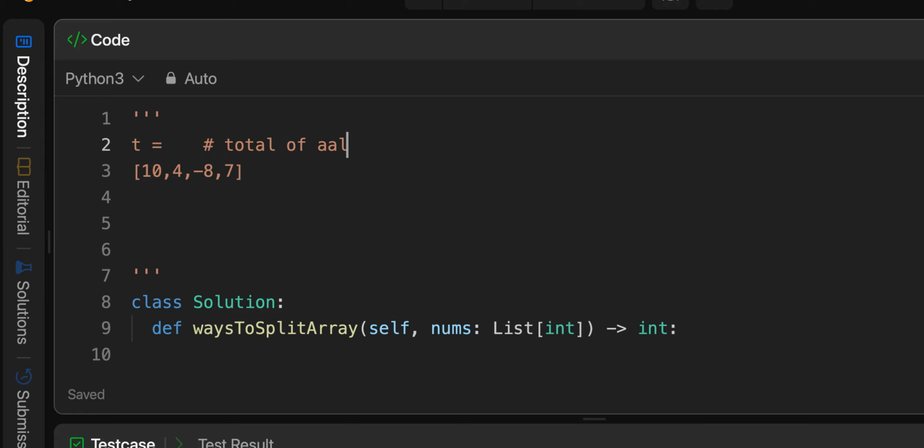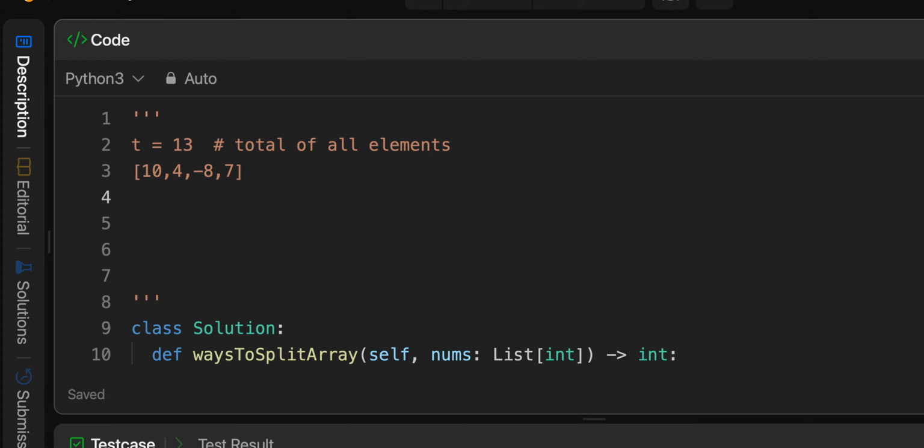Total of all elements. So in this case, the total would be, what is it? 21 minus 8 is 13. Okay, 13. And what we'll do is we will loop